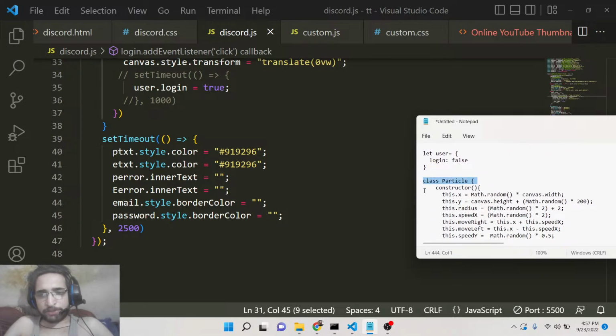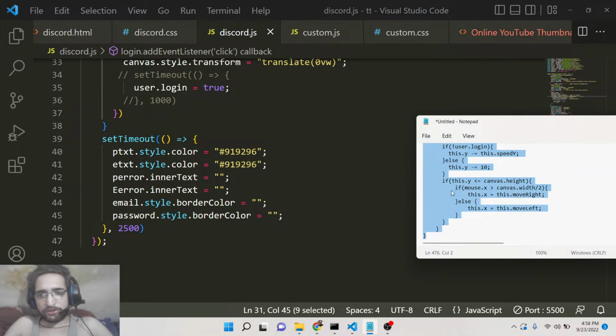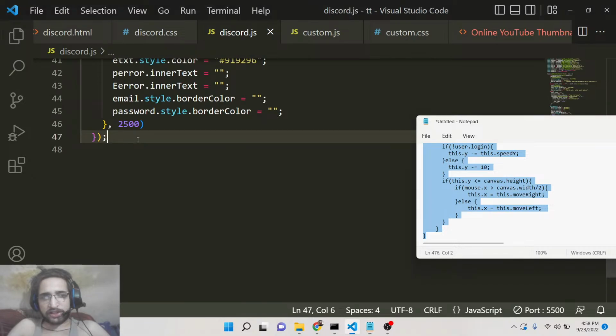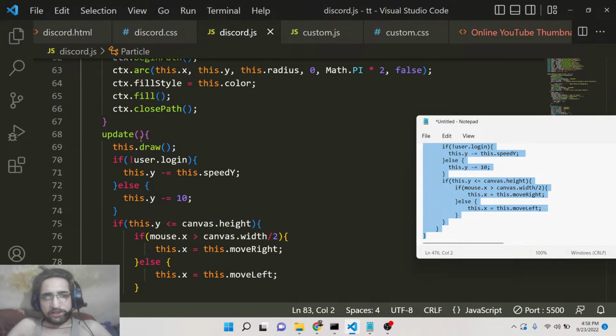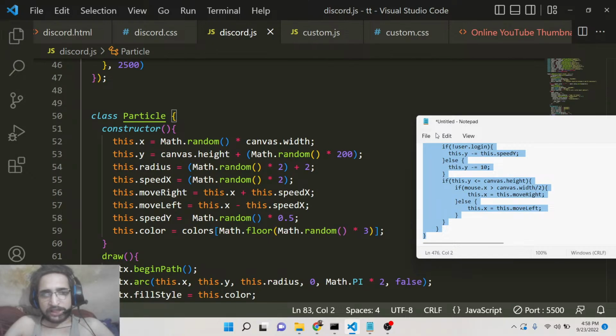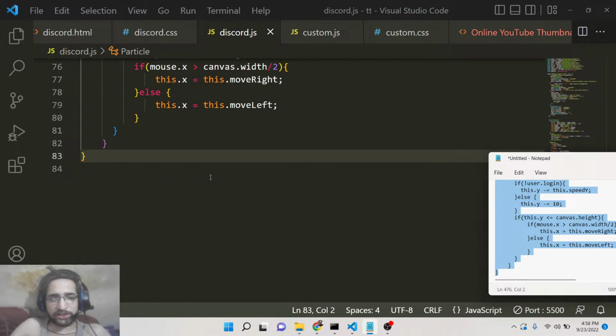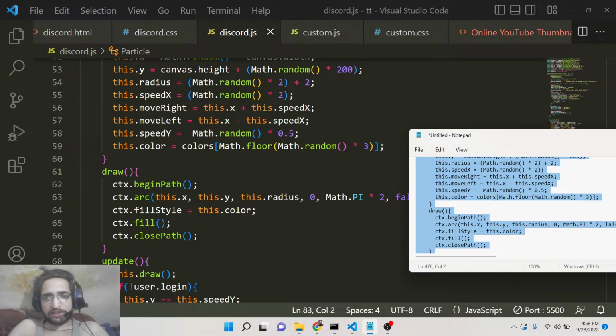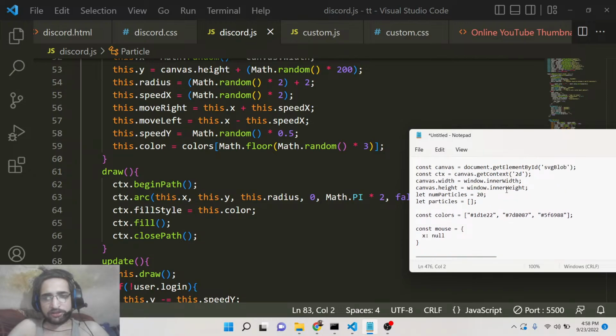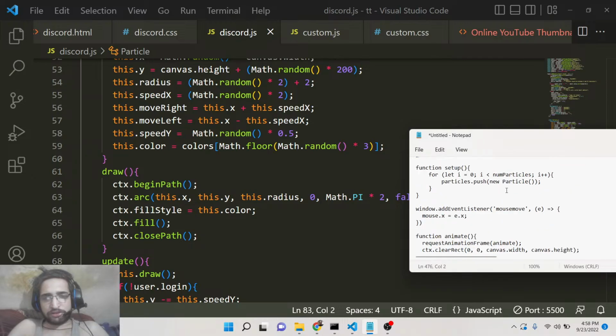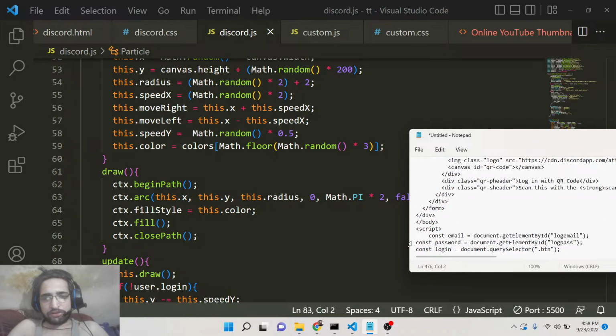And now we will make a separate class, guys, which shows the background particles that you see inside the Discord login form. This is a very simple class. The logic of the class is pretty simple. Basically, here we are drawing some particles inside the canvas. We are using the Math.random method to create these particles moving in the left and the right directions. Then we are drawing it on the screen. And now to use this particle class, guys, basically, if I show you,